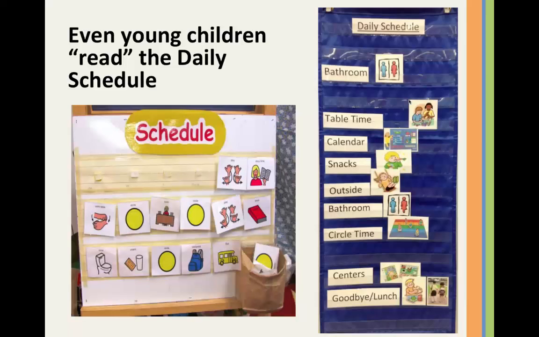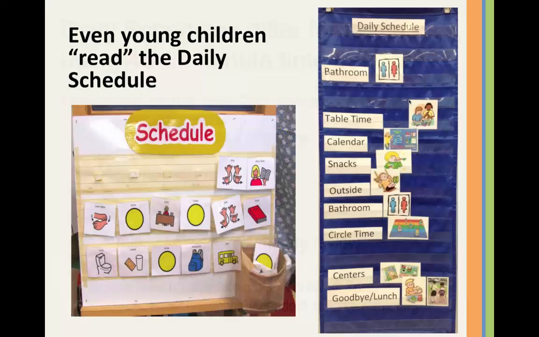So it's schedule on the left. They can't read time. They don't know time. So we use icons or pictures so that they can look at the daily schedule. We're trying to encourage even the youngest learner to assume the responsibility for regulating their own behavior and directing themselves through the day. So those are two daily schedules.